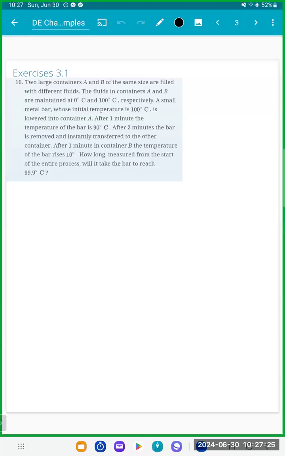After 2 minutes, the bar is removed and instantly transferred to the other container. After 1 minute in the second container, the temperature of the bar raises 10 degrees. How long, measured from the start of the entire process, will it take for that bar to be 99.9 degrees Celsius? Okay. So we have a few things we were given, right? We were given that